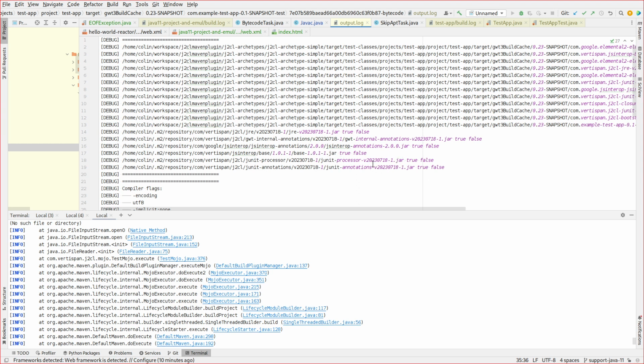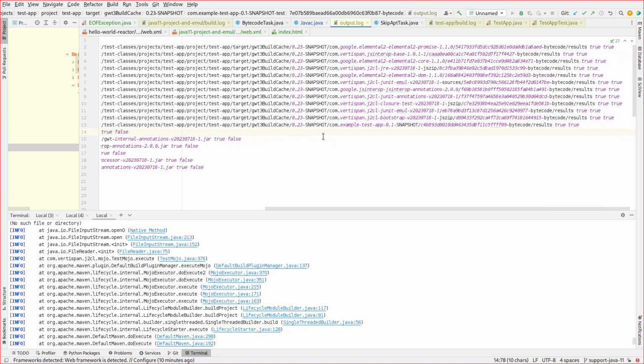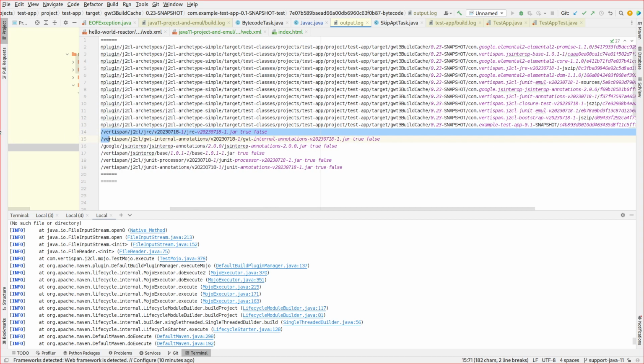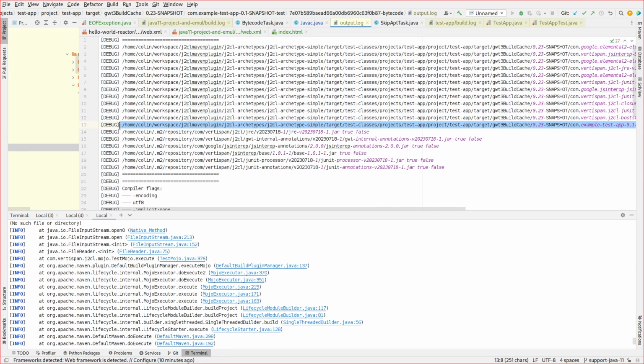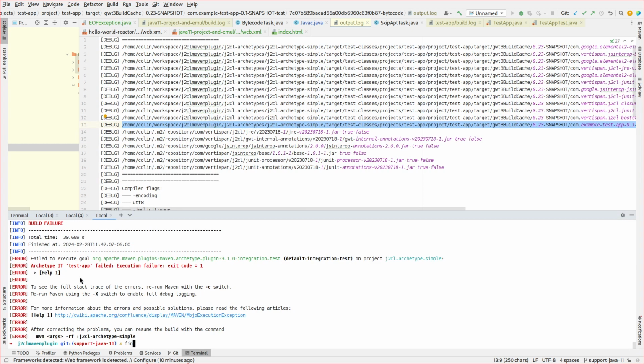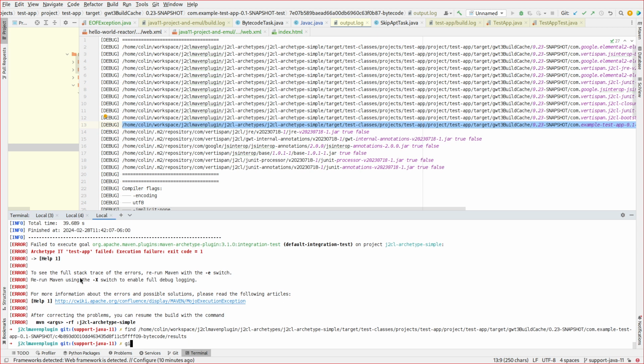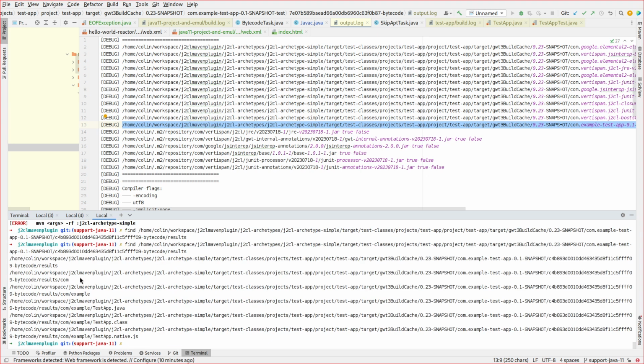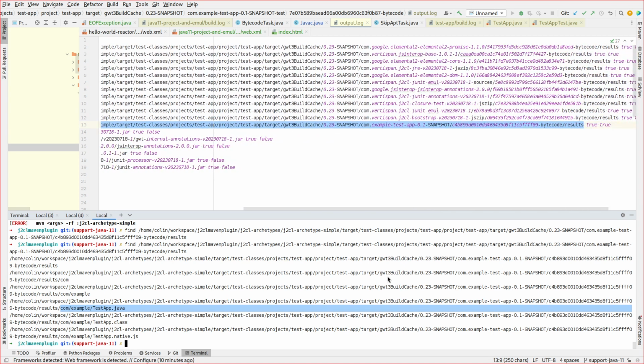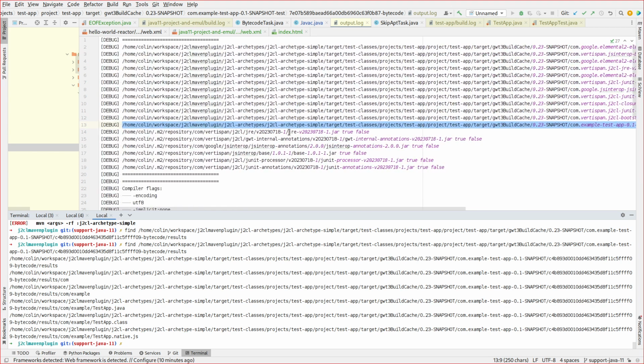And build our own JUnit, JS interrupt base, annotations, JRE, and then here's the code for the... oops, that's not right. So there's test app and results, like it should be. So if we build our own javac command,